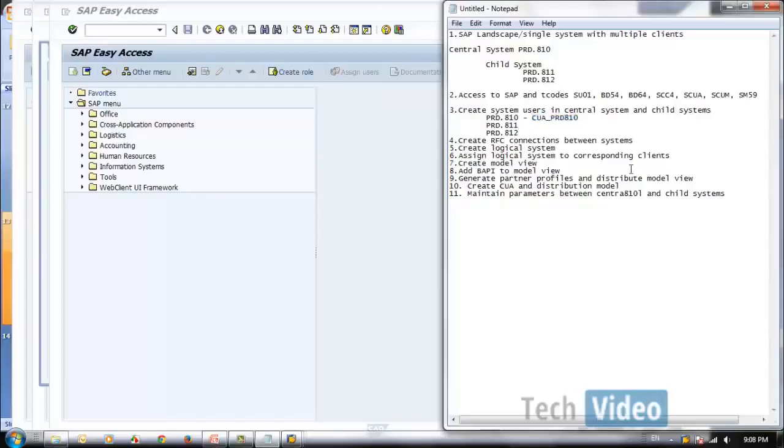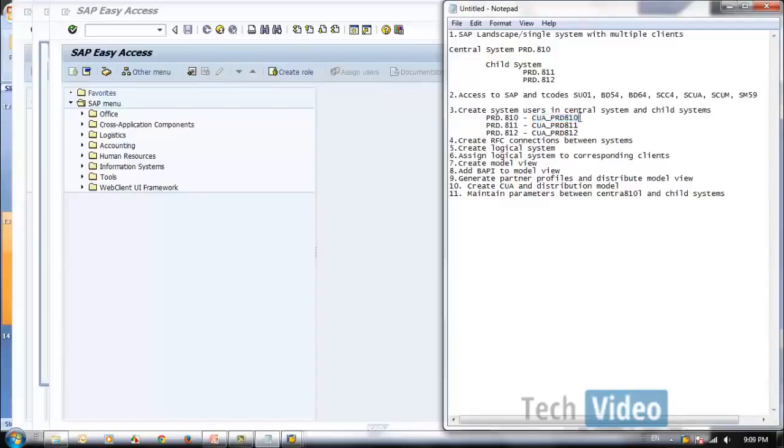See, this naming convention is quite important. Once you use a proper naming convention, you know what you are using these users for, especially these kinds of background users and system users. From this naming convention I know this is a system user which is used for CUA, which is quite easy to identify. So please have a proper naming convention, then it will be quite easy for you in the future whenever you see these kinds of users.